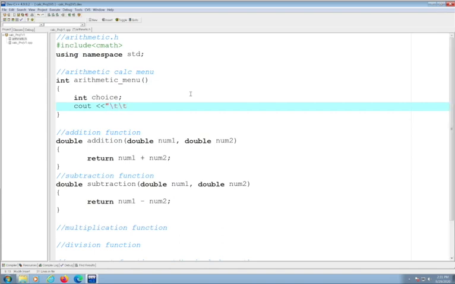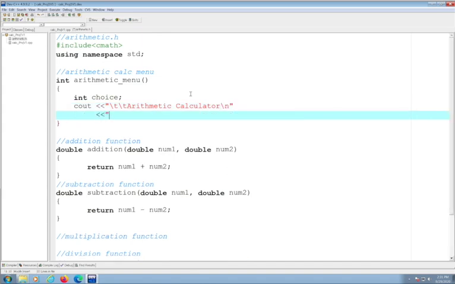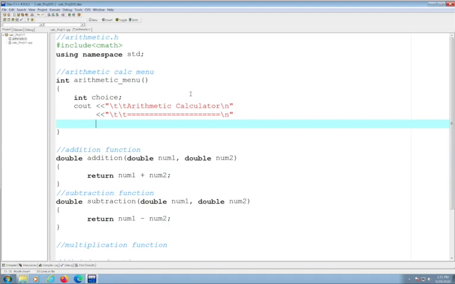/t/t, arithmetic calculator /n, maybe something like this, and then /t/t, /n. For now, we're just going to prototype it. So maybe this is print 1 for us, where we just need addition and subtraction, and then we'll show it